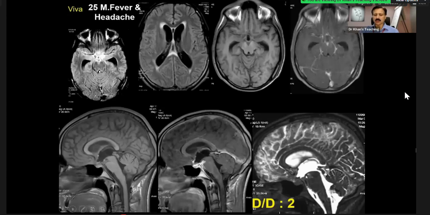On the CISS sequence, this should have been CSF. There is no CSF. On the CISS sequence, I told you when we covered the first session, there are anterior and posterior recesses of the third ventricle. This is known as the infundibular recess. This is the chiasmatic recess, and these are dilated. Then this is the pineal gland. This is the suprapineal recess. So all of these are dilated, and there is